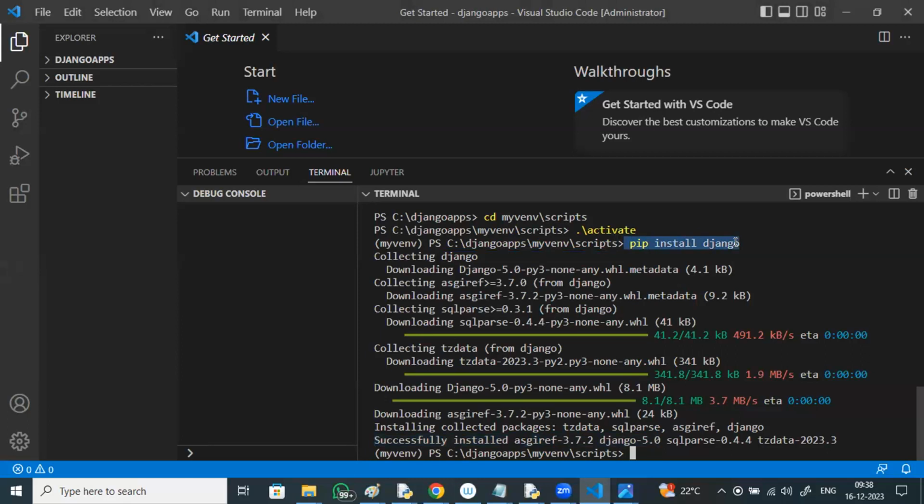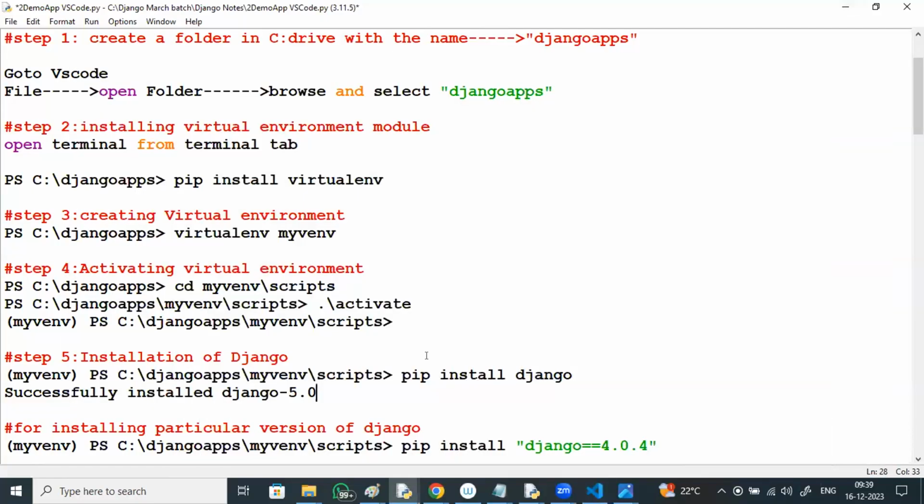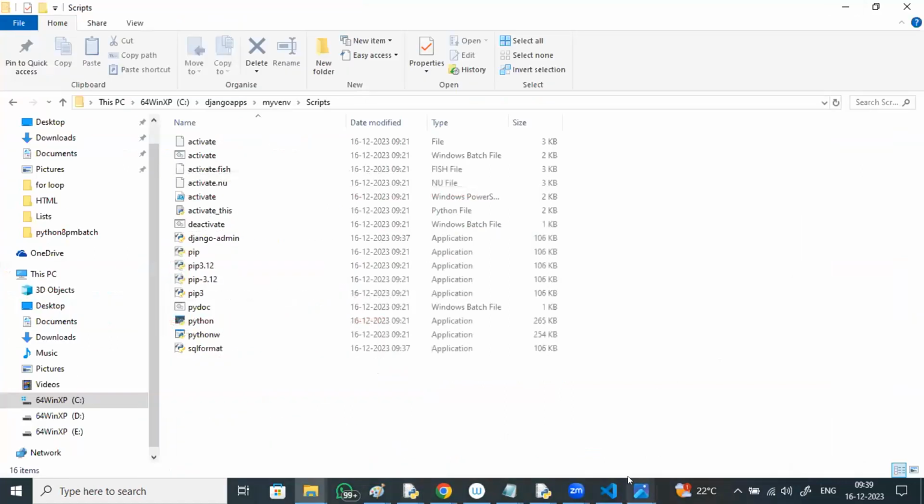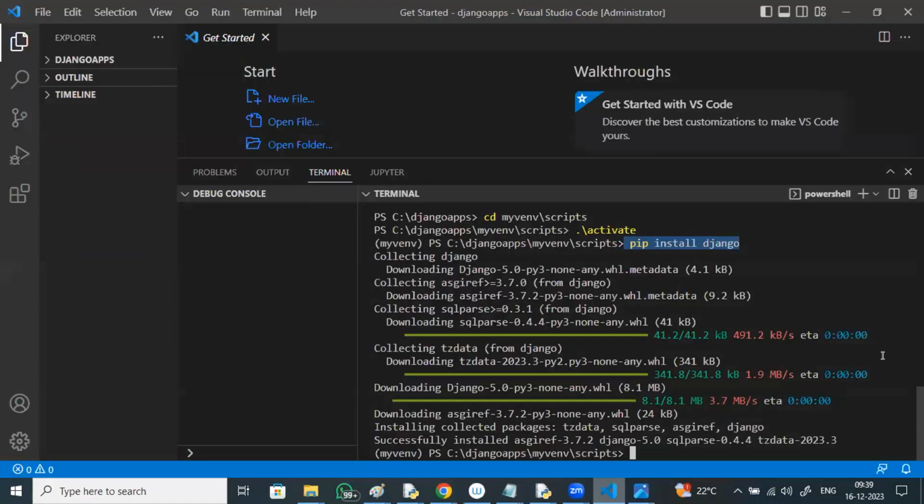How can I install a specific Django version? While installing, pip install, give in double quotes Django double equal to the version you need to specify. Okay, everyone got it installed? Successfully installed Django, it has to say.